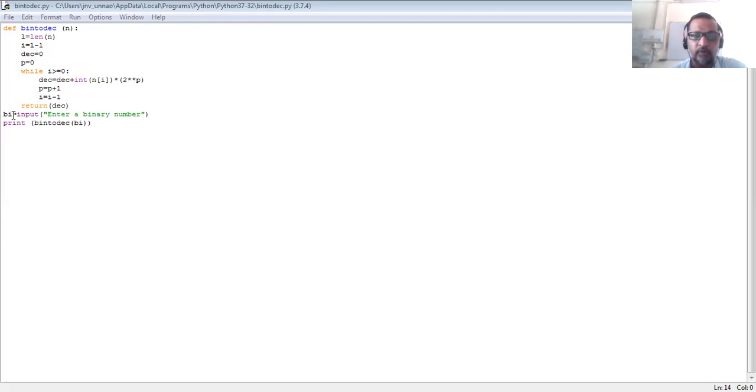Now here the program will start. We input a binary number and call this function. This function returns the equivalent decimal number that will go for printing.